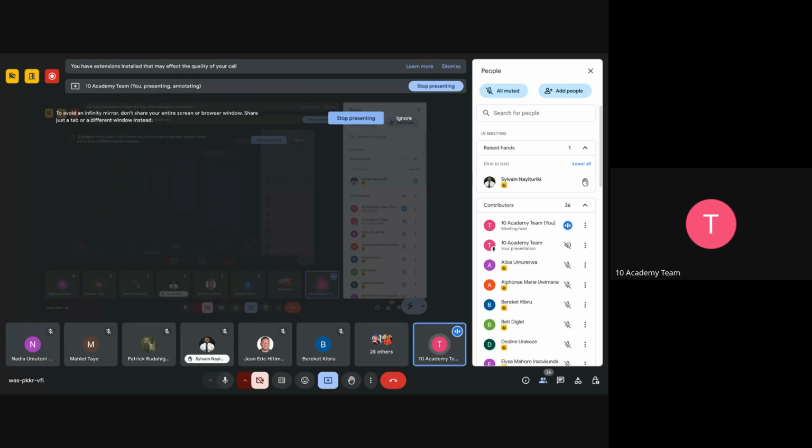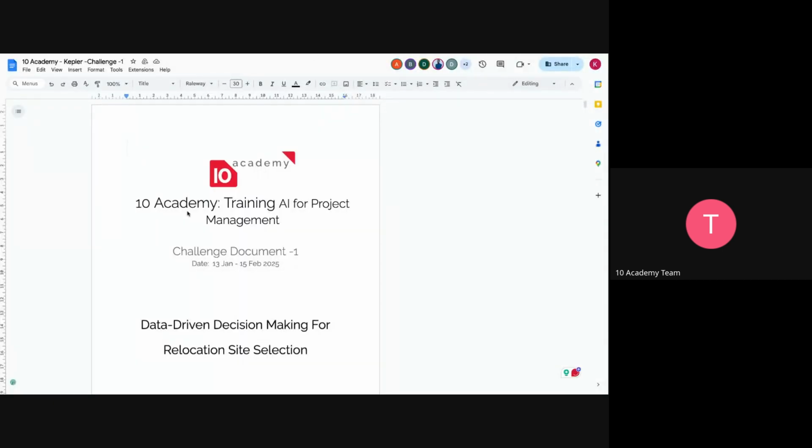And with that, I think we can start. So we're going to have two sessions for today. The first half is going to be all about introducing you to the challenge that we're going to be doing for the first month, which is all about data-driven decision making for relocation site selection. I'm going to introduce you to this challenge, work you through the scenario of the project and the tasks that we are going to be doing for the month, plus what you're going to be delivering and the data. After that, we're going to have a session as an introduction to data set exploration,